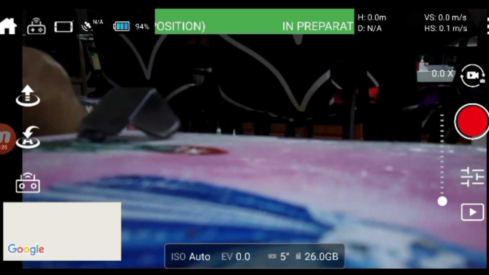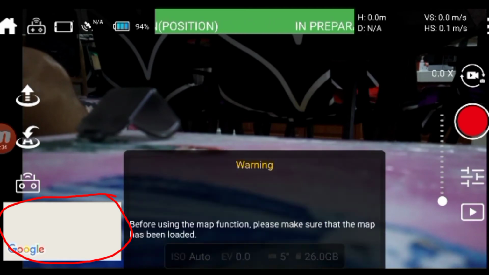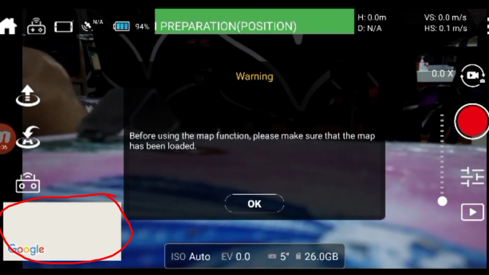Okay, so that's it, folks. That's the basic. Oh, here, before using the map function, please make sure that the map has been uploaded. So I think you have to save offline map here so that you can view the drone's location in the map here on your offline map, I think.